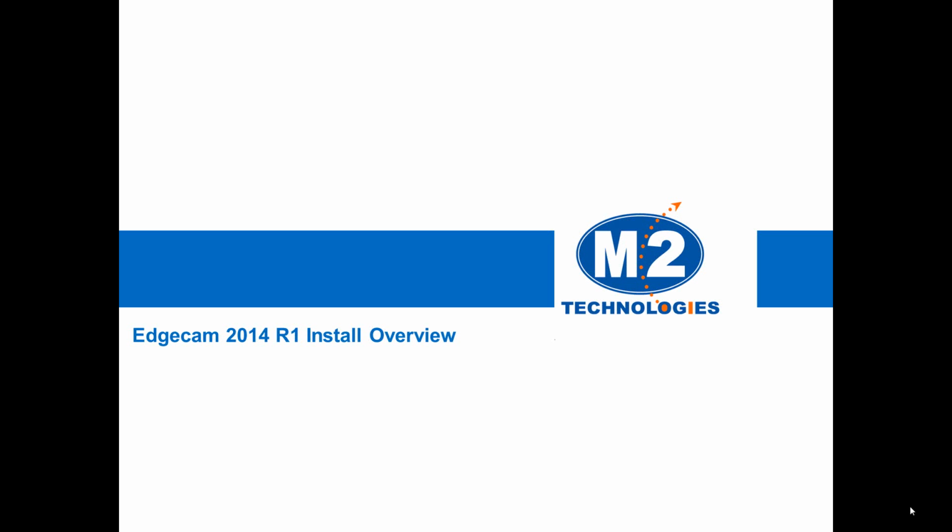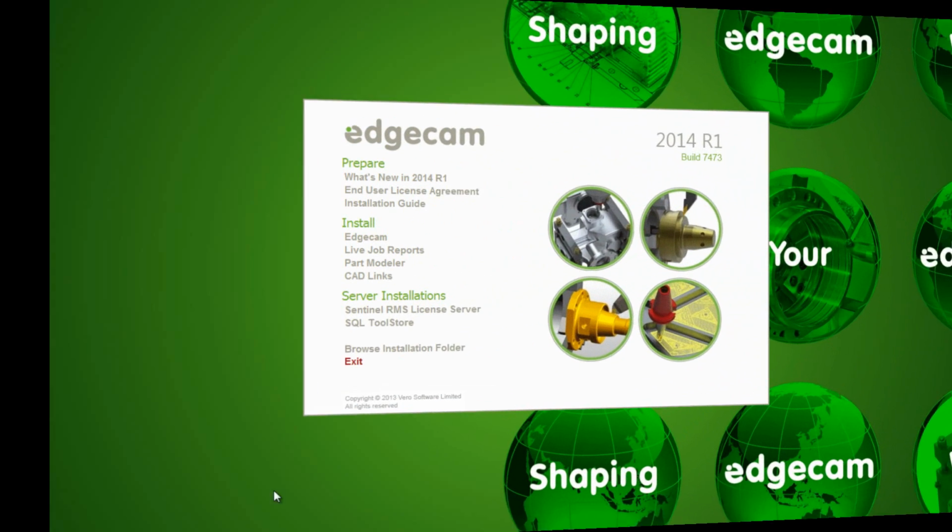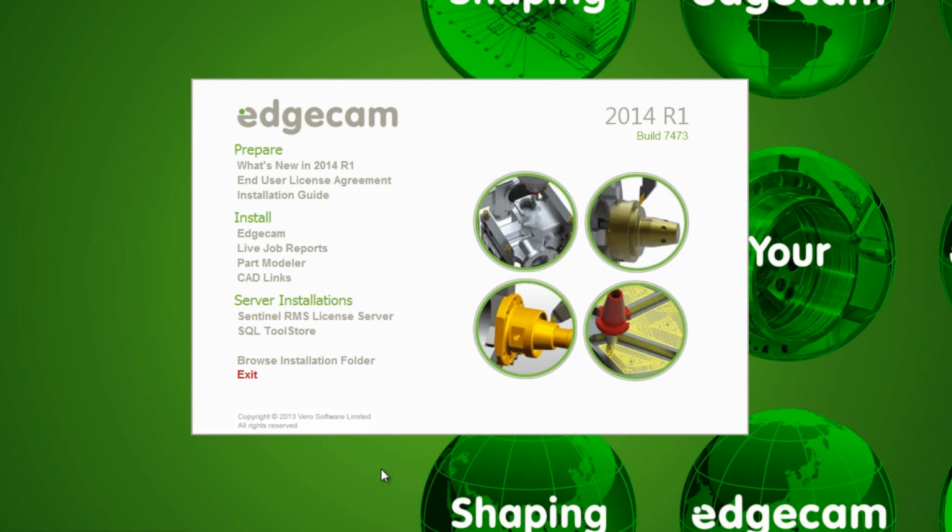Welcome to this tech tip showing the installation and first launch of Edgecam 2014 R1. This tech tip is intended for the user that has a previous recent version of Edgecam and is updating to the 2014 R1 version. After downloading the DVD image, extracting the contents, and opening the starthere.hta file, you'll have the installation navigation screen shown